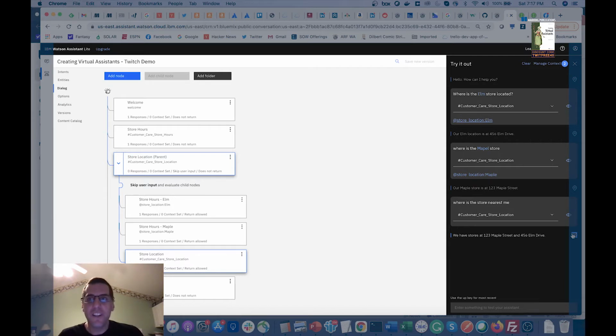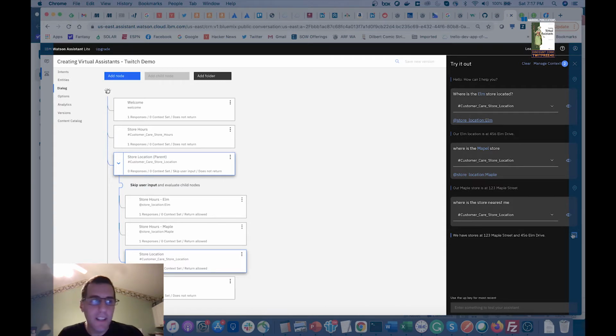So far I've just shown very simple Q&A, question and answer. So I'd like to change gears a little bit and show a process flow. So we're going to implement a reset password process flow. And this reset password flow is going to have 3 different steps. I'm going to have to